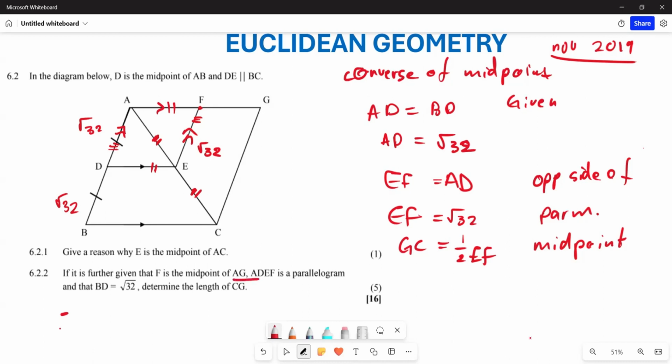AG, which means this side here is going to be half that, which means now if you are looking for your EF, it is going to be 2 multiplied by root 32, right? Which is going to be 2 root 32 altogether. So the length of that is going to be 2 root 32. And what is going to be the answer to that? That's still the same as 8 root 2 altogether. So basically that is going to be your answer for your